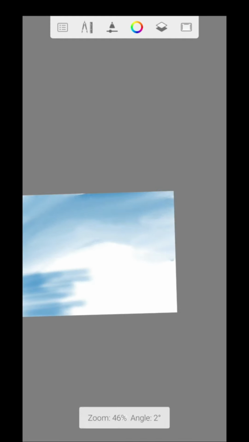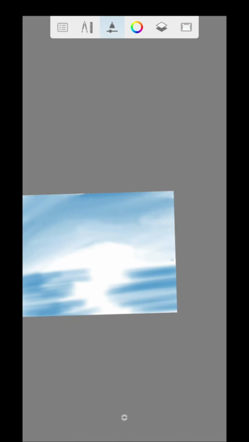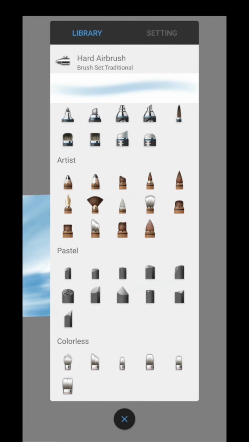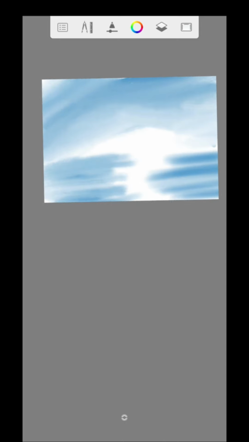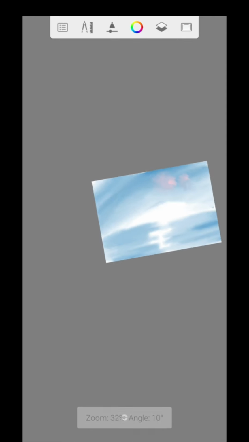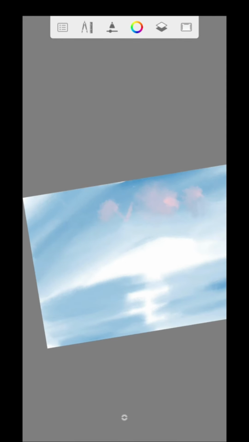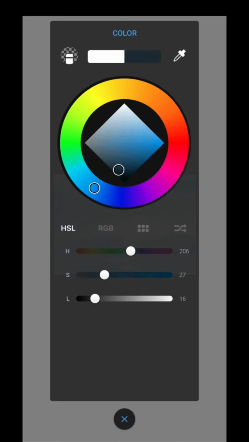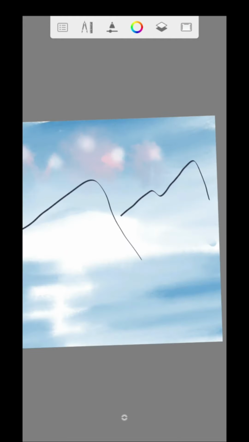Okay, now blend all those things. Now we are adding some clouds. Take your favorite tool or favorite brush which is appropriate for making these clouds. We are selecting a little bit bright pink color and white color to highlight those clouds, and blend them with a blending tool.